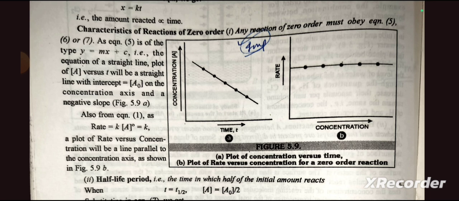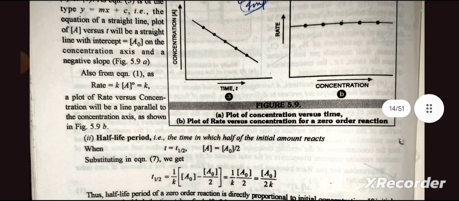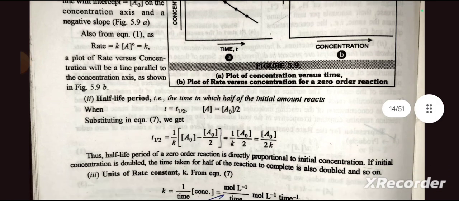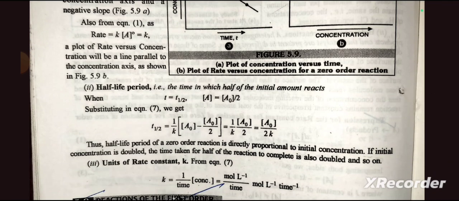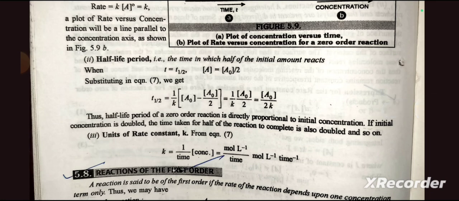Characteristics of reactions of zero order. First, any reaction of zero order must obey equation 5, 6 or 7. As equation 5a is of the type y is equal to mx plus c, the equation of a straight line, plots of A versus t will be a straight line with intercept A naught. Rate is equal to k A naught is equal to k. Second, half-life